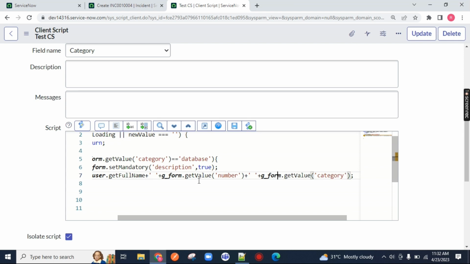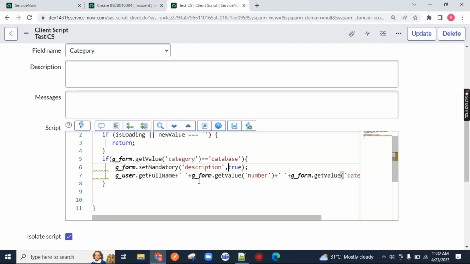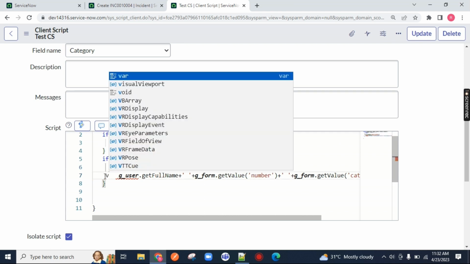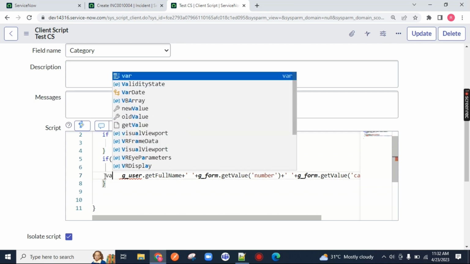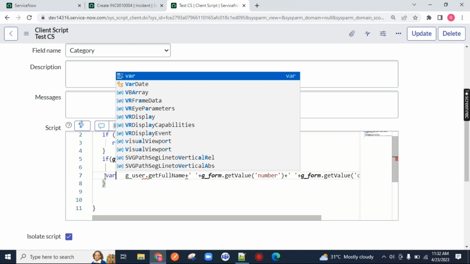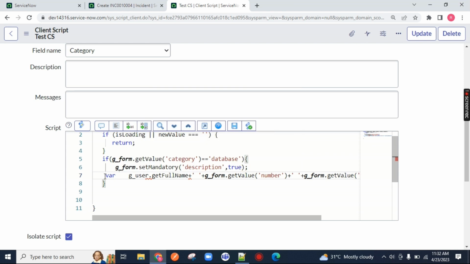Fine. Now I will store this in a variable. So let's say I am giving here a word called variable. How to define a variable in ServiceNow? VAR. This all we have discussed. So don't get confused. Go back and watch that video first, then come back to this. Variable, let's say test. Okay. Now